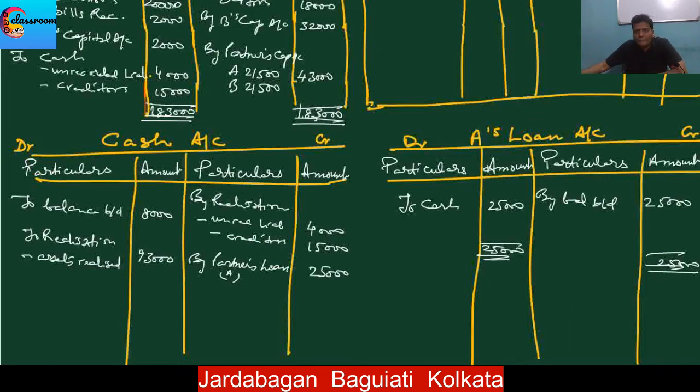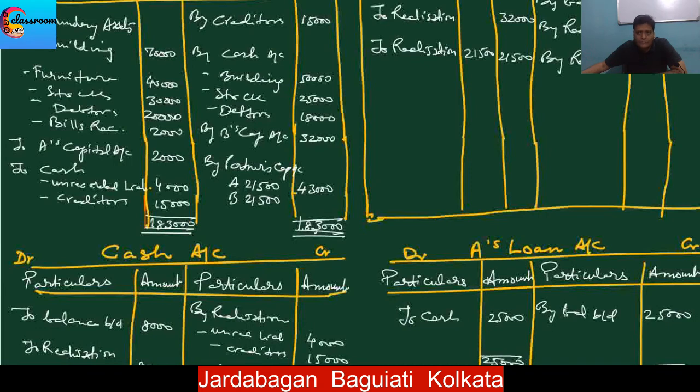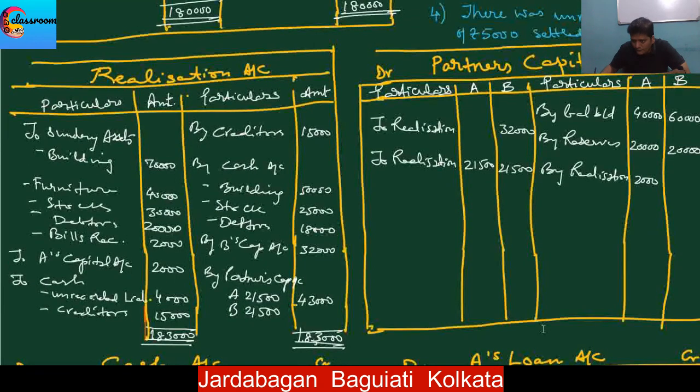Now, after having paid the partner's loan, we need to pay off the partners' capital. So we'll close the capital account now. We get a total over here of 80,000. Here also we are getting a total of 80,000, and we can see there's a difference of 26,500 in B's column. In A's column the total is 62,000 on both sides, and as the credit side is more, there's a difference on the debit side of 40,500. This is the balance in the capital account which needs to be paid off.